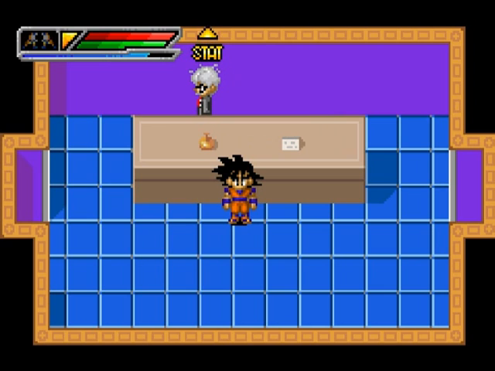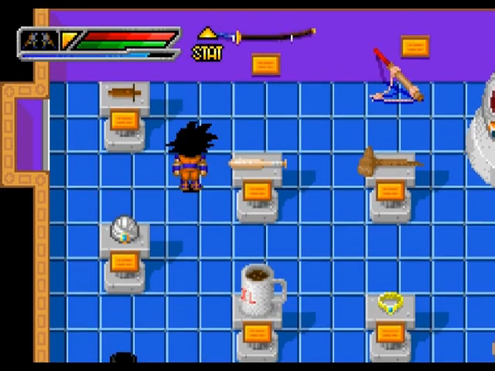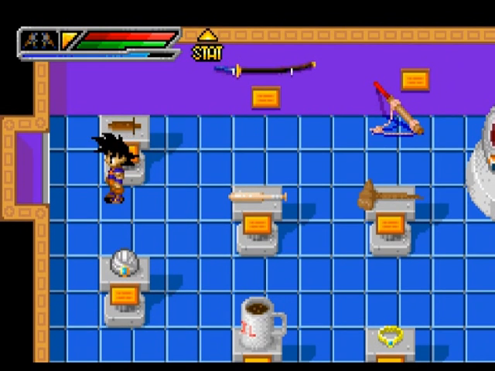That is awesome. I never knew about that. I just discovered that for the first time playing through this, and I thought that was awesome. So cool. Alright, and here's all 15 of our Z Fighter items. I'm going to go ahead and read them all off to you guys, starting with